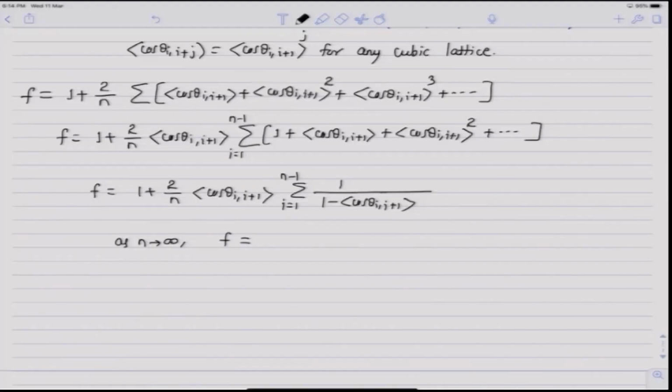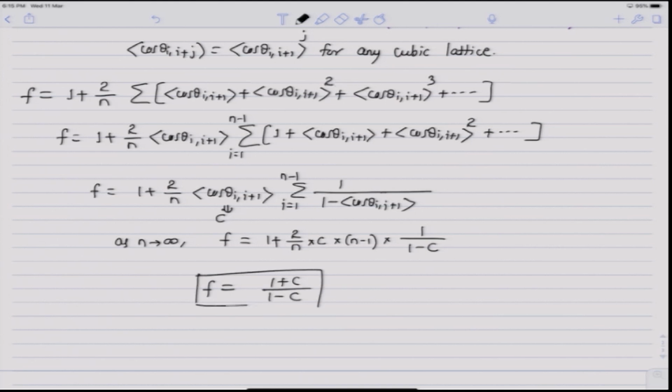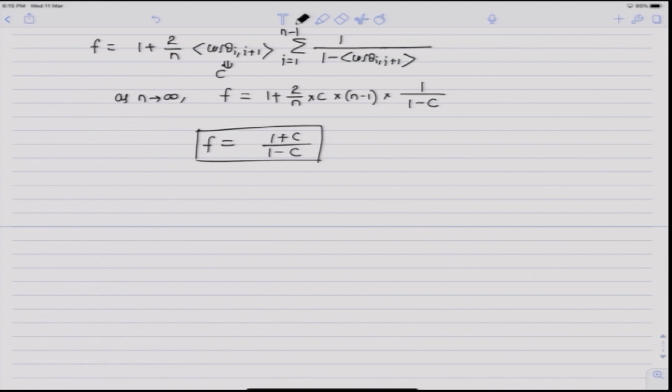So, the expression will boil down to, if I substitute average of cos theta i+1 as C, 1 plus 2 over n times C, and since this will be the same for all values of i, and i varies from 1 to n minus 1, we get a factor of n minus 1 times 1 over 1 minus C. Since n is large, n minus 1 by n is approximately 1, and so we get the expression for f as 1 plus C over 1 minus C. So, we derived the expression for correlation factor f, and this is valid for any cubic lattice